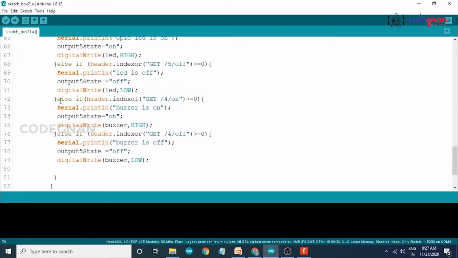So when we press 5th pin on, our LED will be on. When we press 5th pin off, our LED will be off. This is the process happening in our web server. Now after GPIO 4, we have to start the web server.